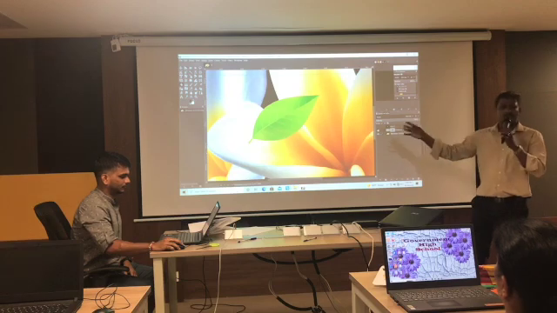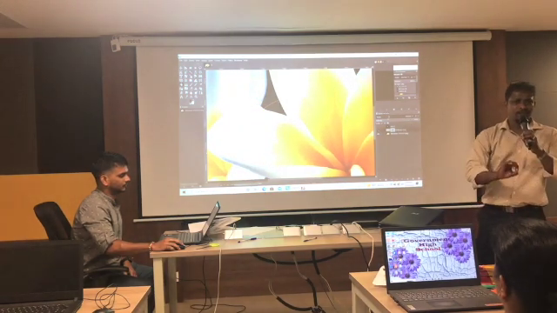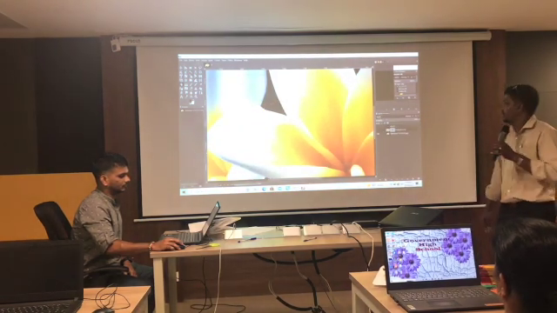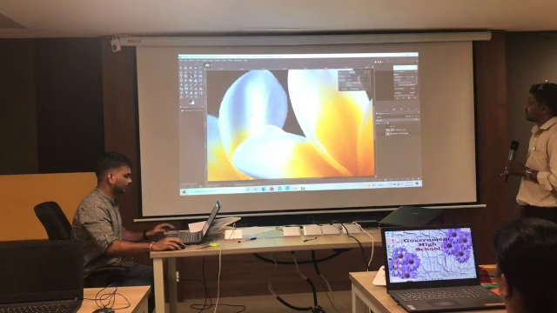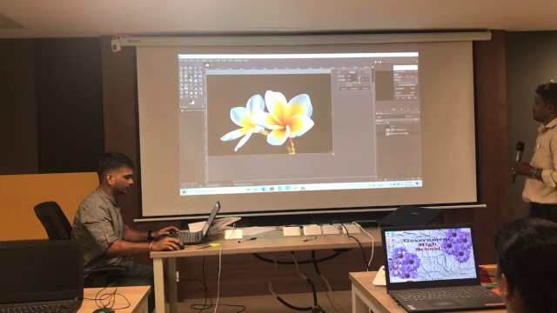Okay, now we only have to adjust it, bring it down and fix it to the stem. Yeah, move it. Scale. First it is scale. Yeah, scaling.